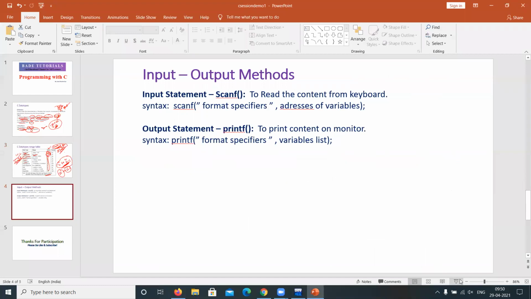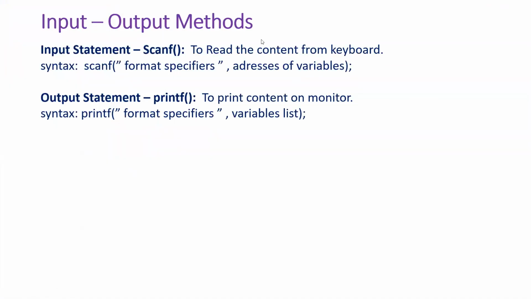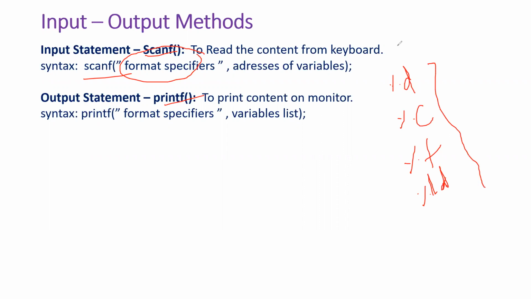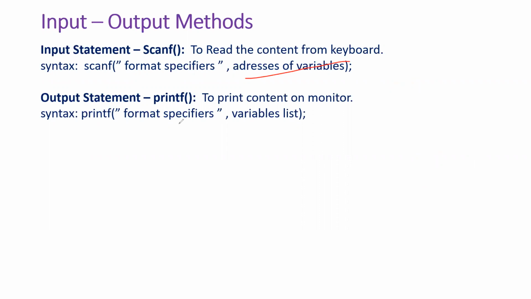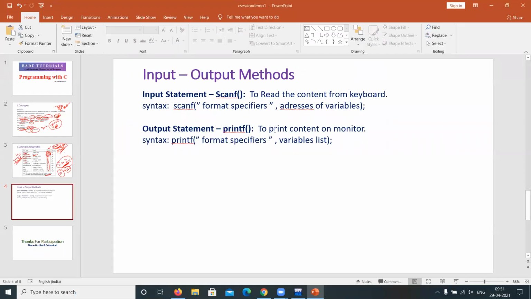And this is all about today's session, and we are going to see the input and output functions also. In order to read the input from keyboard, we will use the scanf function, and in order to write something onto the monitor, we will use the printf statement, scanf and printf, okay. For scanf, the format specifier, for example, for integer we will use %d, character %c, float %f, for long integer %ld. Like this, we will use format specifiers for every data type, and we will use the address of the variable to read. For printing, we represent the format and just the variable name itself. Now let me show you the example.